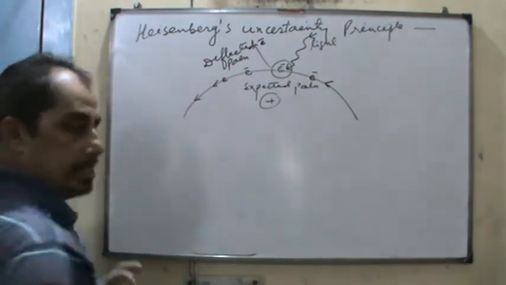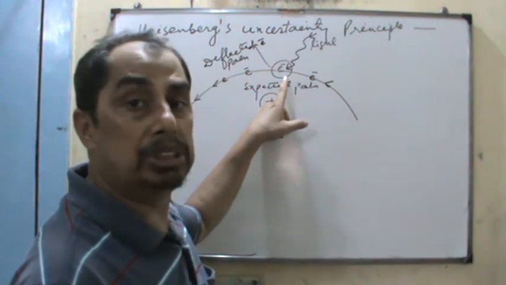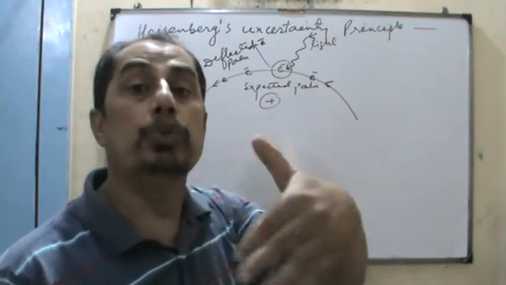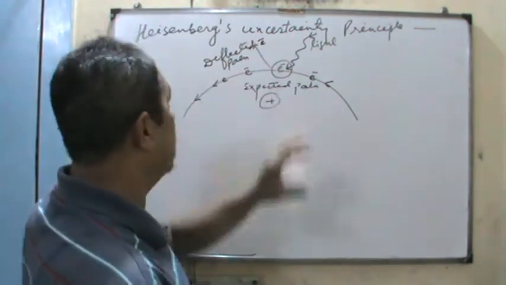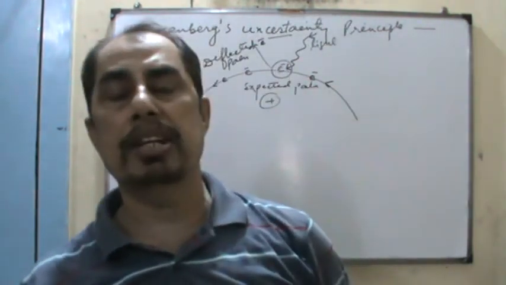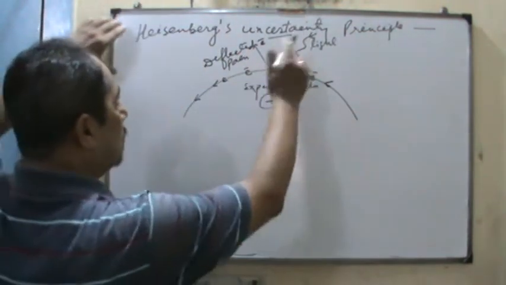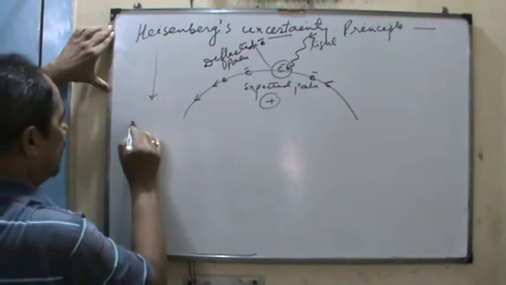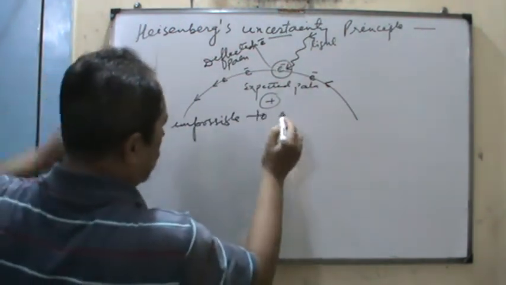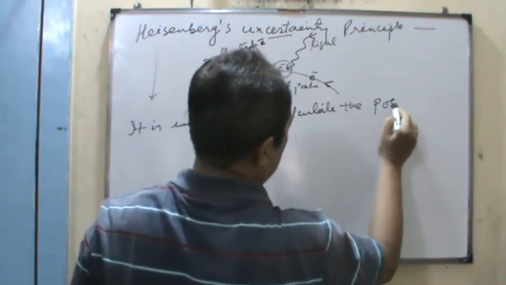In that way, it is impossible to calculate the position and the momentum, position and the velocity of the electron with high accuracy. That is what Heisenberg uncertainty is. What is to be uncertain? Two things are uncertain. One is the position and the other is the momentum, velocity. Therefore, according to this principle, it is impossible to calculate the position